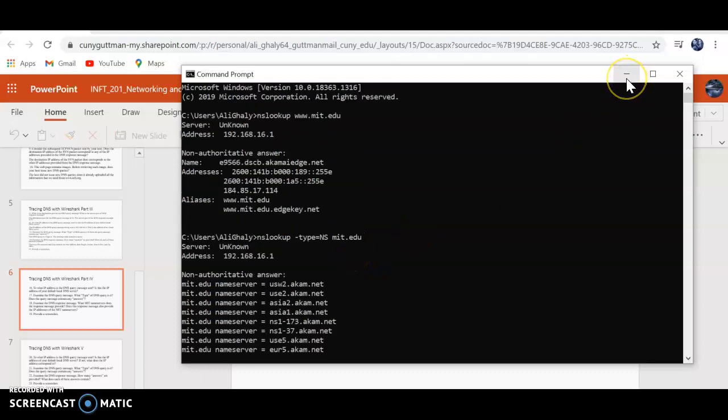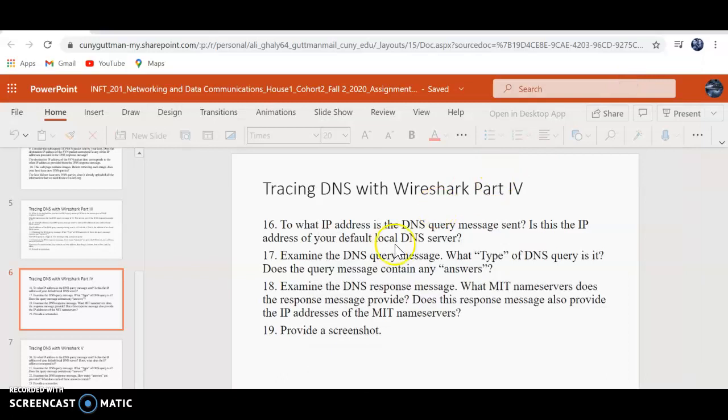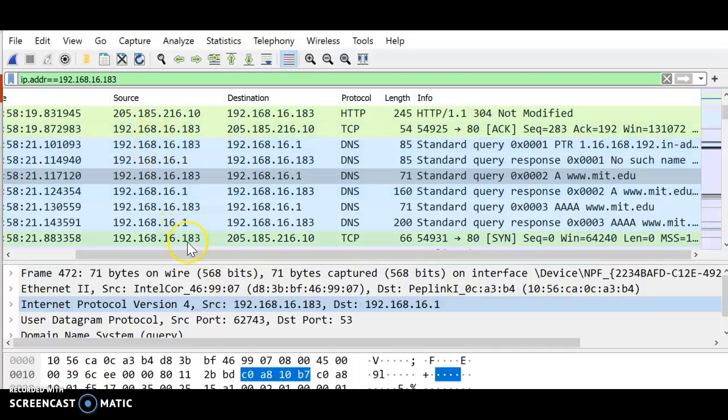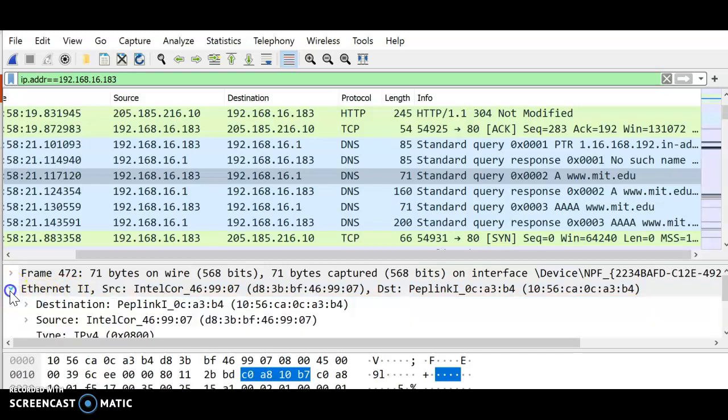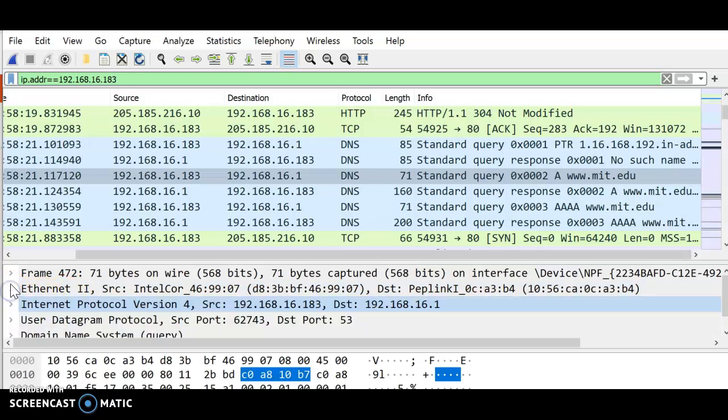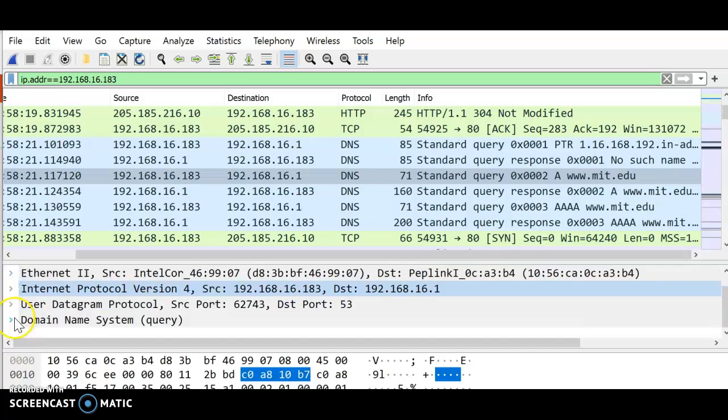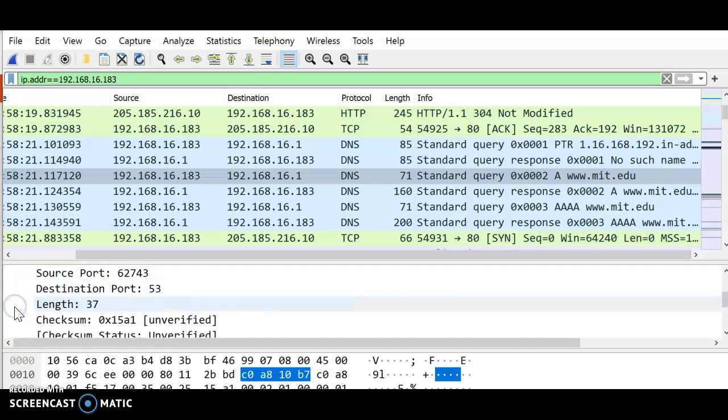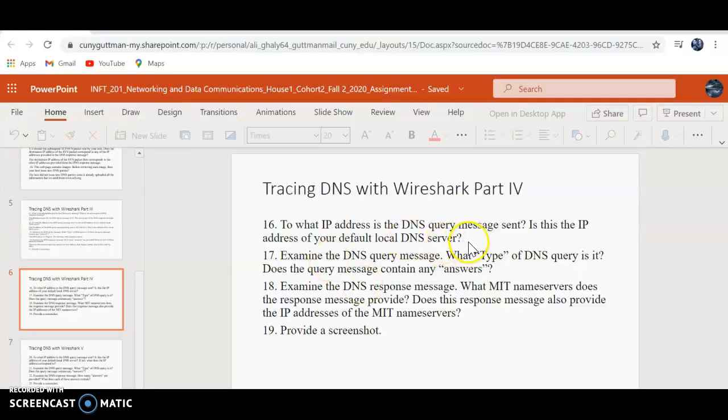Alright, so first off, what is the IP address in the DNS query message sent? Okay, the IP message, when the query. Port 53, the same. So we write